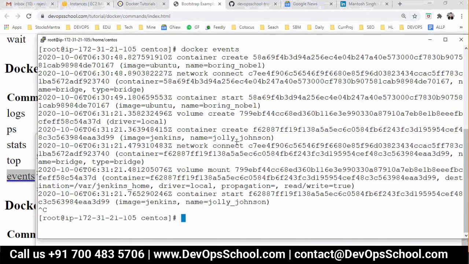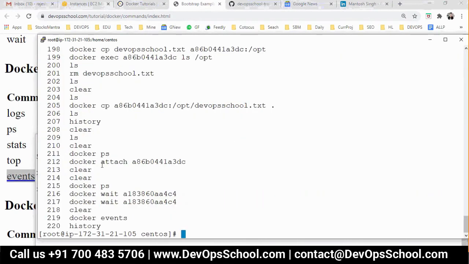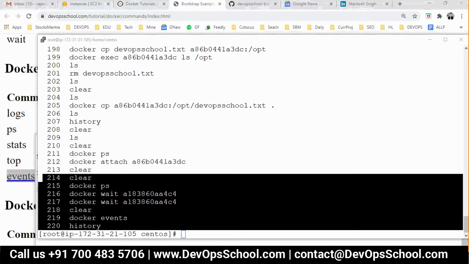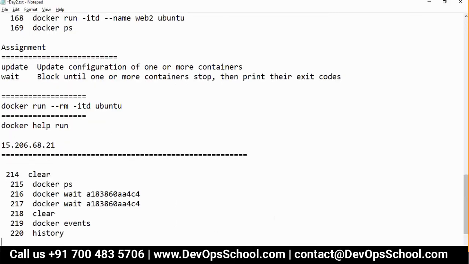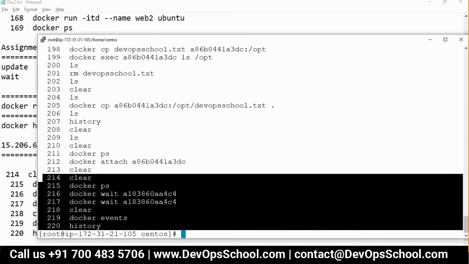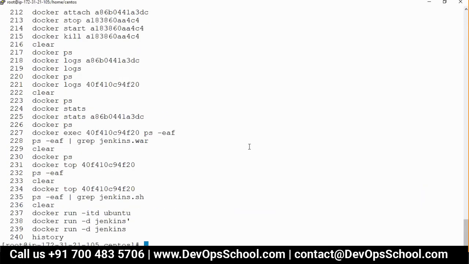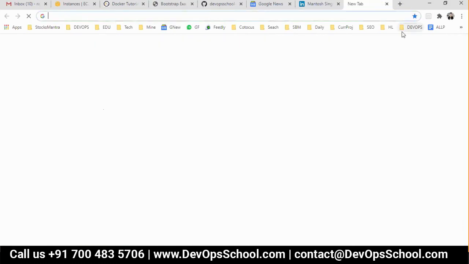One question: an event can be attached to some workflow. For example, we discussed the wait command. If something kills a container, how to handle that event, and we need to store it somewhere. So there is something unexpected. Docker event logs you can write to some files also. By default it's not writing, but you can do that.